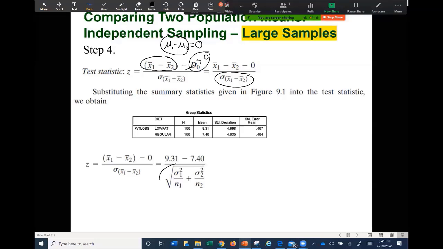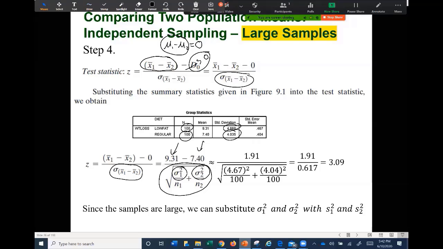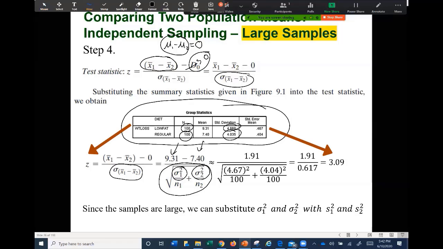This is the formula for the standard deviation of all mean differences, the sample mean difference. We can obtain this value from the summary statistics and this value from the summary statistics. We don't have the population standard deviation, but because my sample size is very big, we can substitute this standard deviation for the population standard deviation. Then we do all substitutions and we obtain the Z-score of my evidence. Listen, all of this data is my evidence from 2 samples. Then we summarize this evidence in this score.